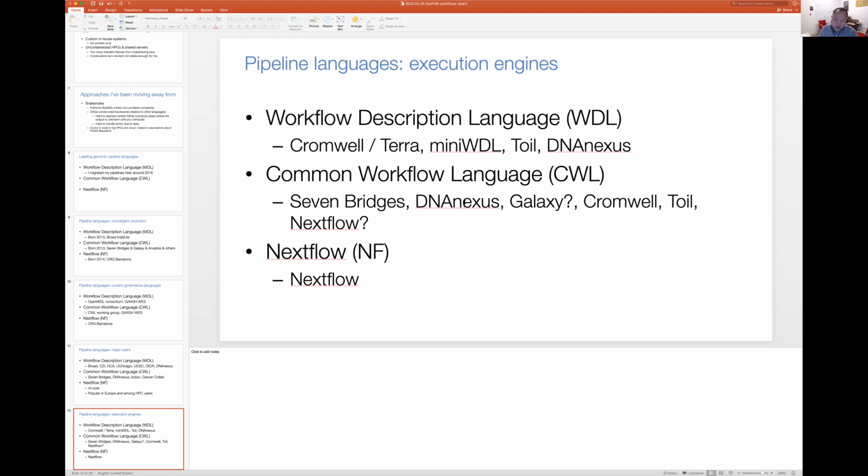So Seven Bridges and DNA Nexus are both commercial companies. Many of you are familiar with the Galaxy project. This is probably one of the oldest academic projects in this type of space, giving a nice web GUI to build your own little portal for spinning up jobs and managing a cluster. The Galaxy project was one of the earliest